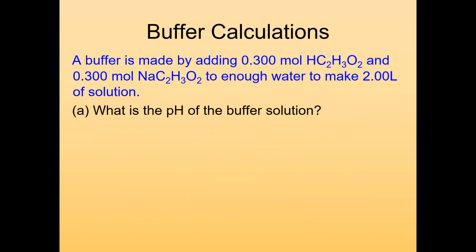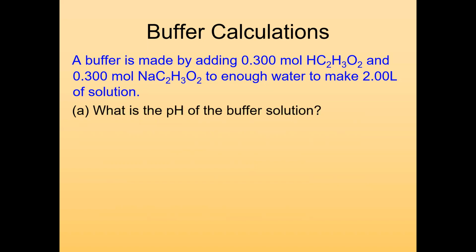So looking at what is the pH of the buffer solution. We have a weak acid, acetic acid, and we have its conjugate base, the acetate ion from sodium acetate. Since we have both our weak acid and its conjugate base, we can use the Henderson-Hasselbalch equation